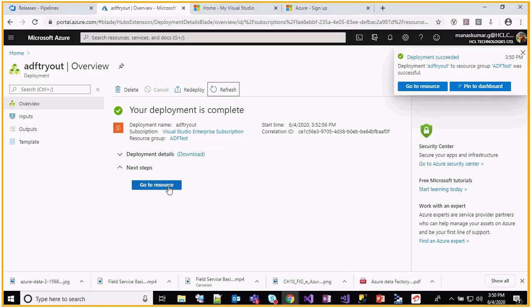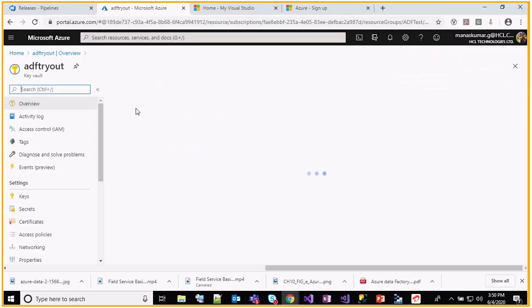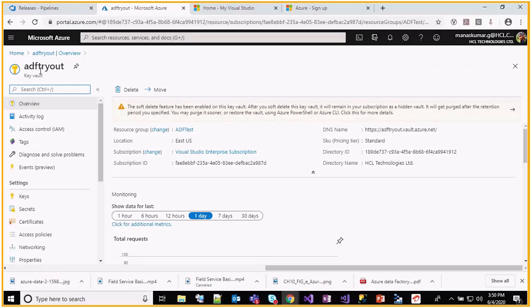Now my Azure Key Vault is deployed, and if I go to the resource, right, this is one of the important things that everyone should be aware of.